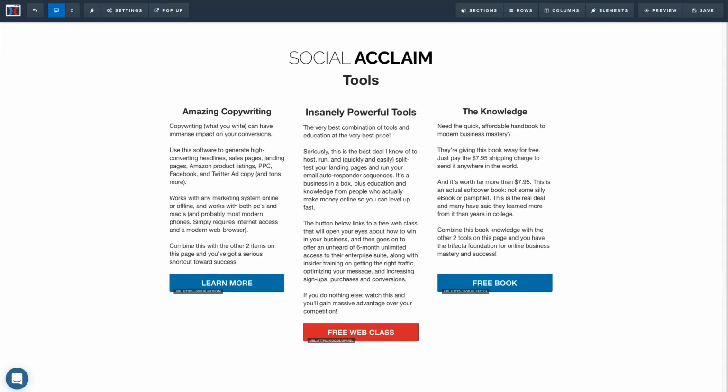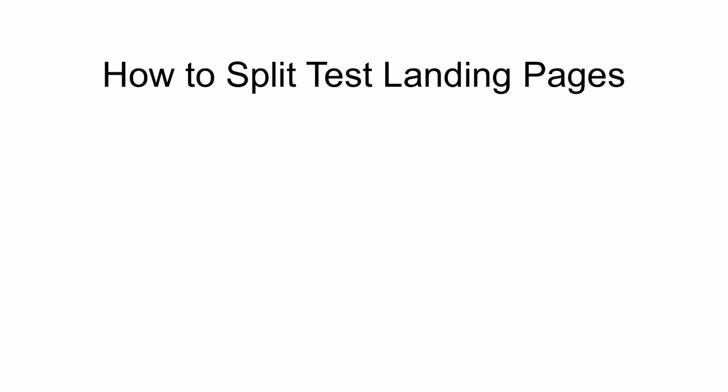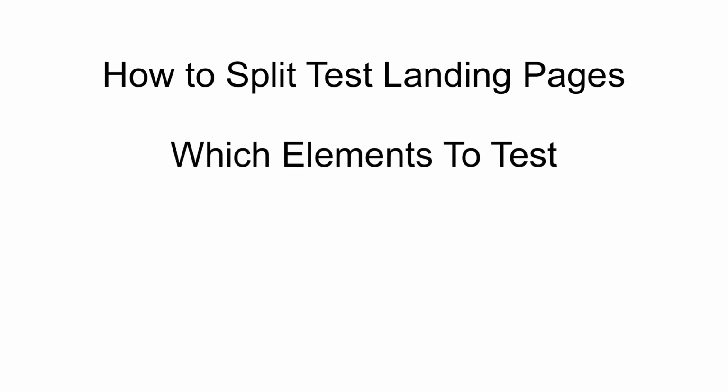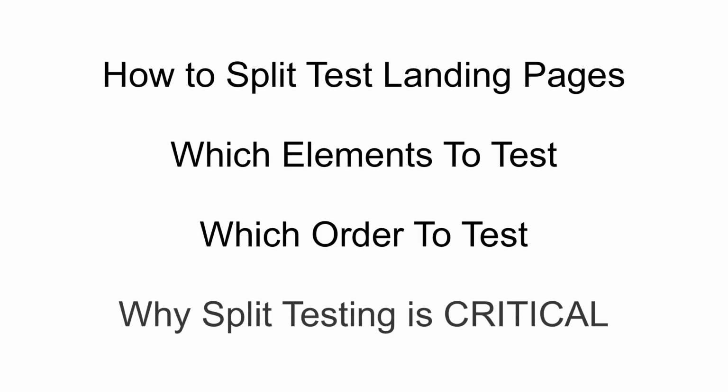This video is part one of a series we're going to do about split testing. We're going to keep each episode short and right to the point so you get maximum value. In case you need any of the tools, I put up a page at tools.socialacclaim.com. In this episode, we're going to talk about how to split test landing pages, which elements to split test, and I'm going to recommend the order in which you test the elements. And then in the next episode, we're going to see exactly why split testing landing pages is so critical to